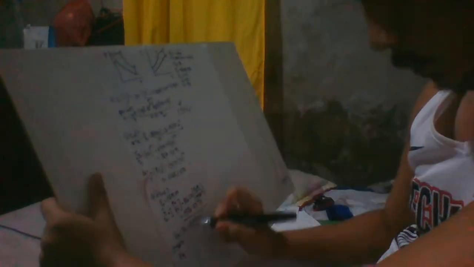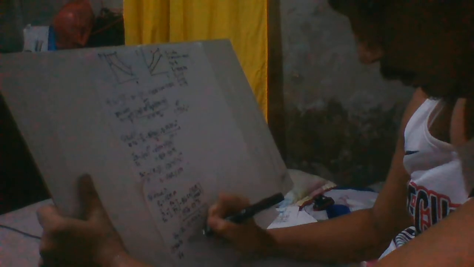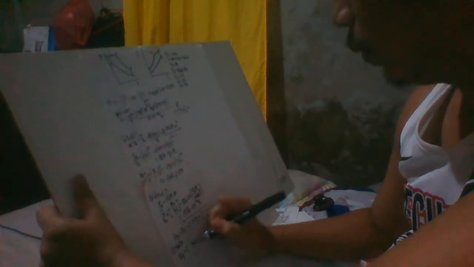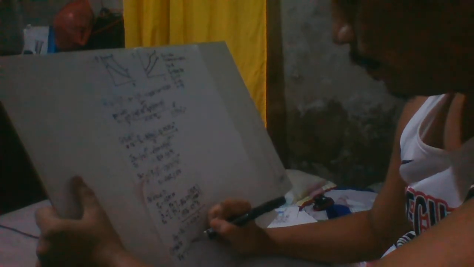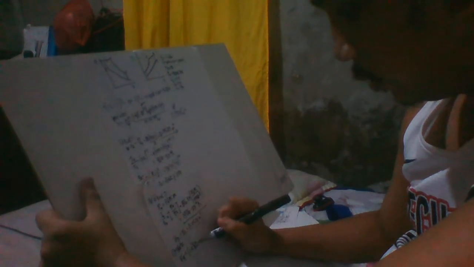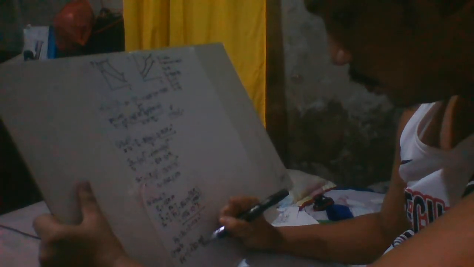So we proceed to state 4. Volume 4 is equal to the cut-off ratio, which is 1.5, times volume 3. Volume 3 is equal to 0.0524 cubic meter. So solving this,